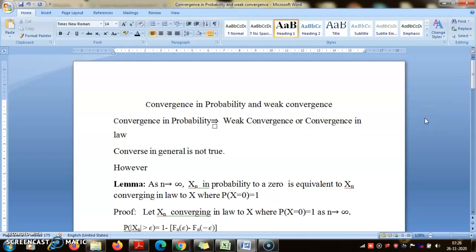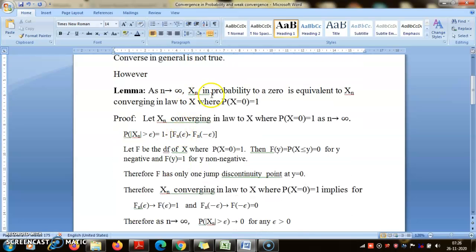Hello friends, so we are at the last topic of convergence in weak convergence, and in this context we have discussed the relation between convergence in probability and weak convergence. We have shown that convergence in probability implies weak convergence, or convergence in law, but the converse in general is not true. However, we have this very interesting result that if Xn converges in probability to 0, a constant,